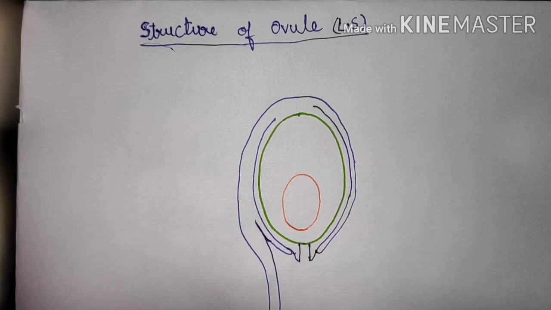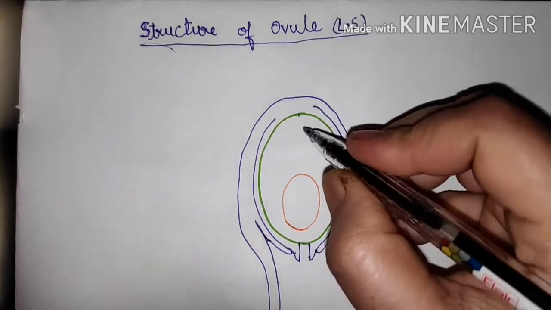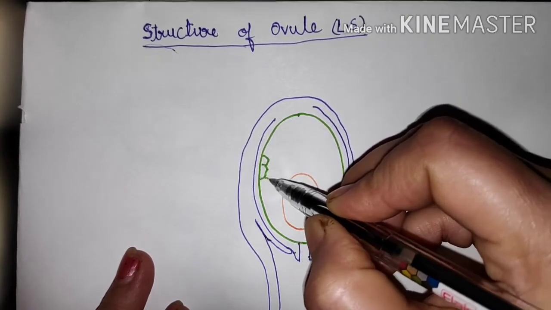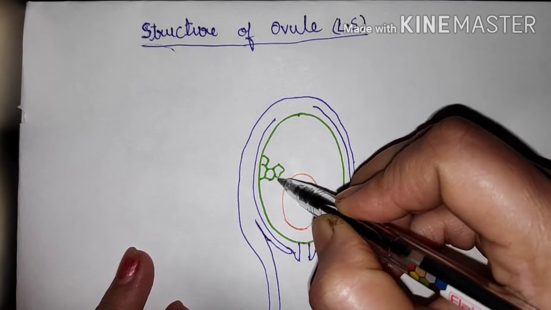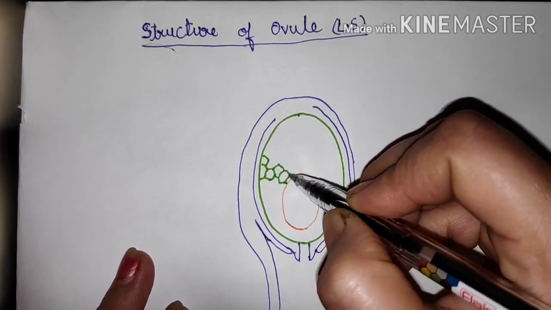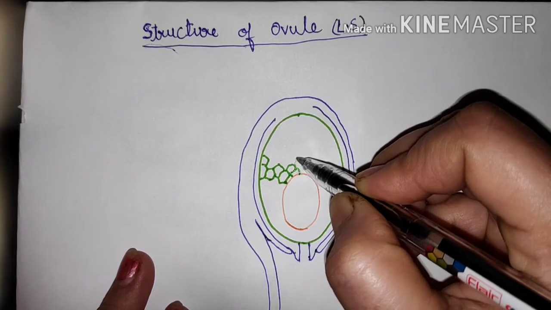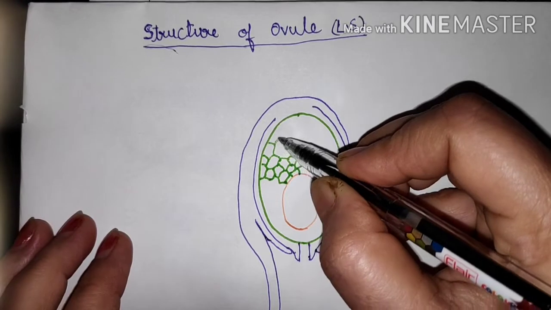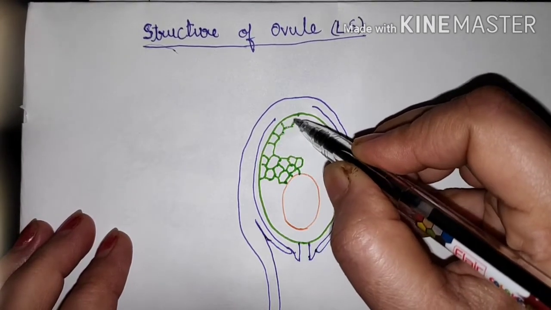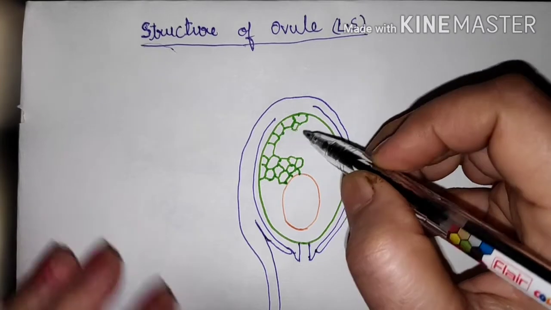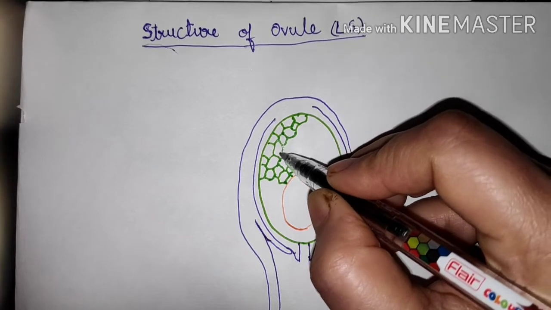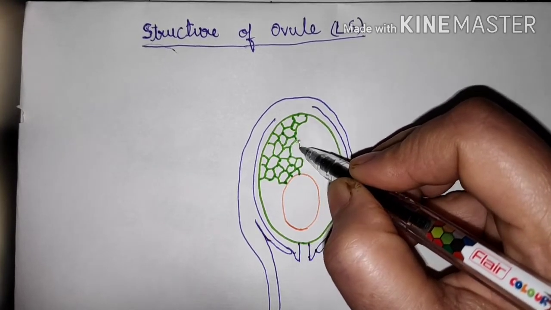ये almost complete है. इसके अंदर मैंने we have to fill the sporogenous tissue inside the nucellus. So only this part will take little time. Okay, so this is the sporogenous tissue, because the nucellus is actually the body of the megasporangium. So it is the body nucellus of the ovule. Okay, and this is the sporogenous tissue